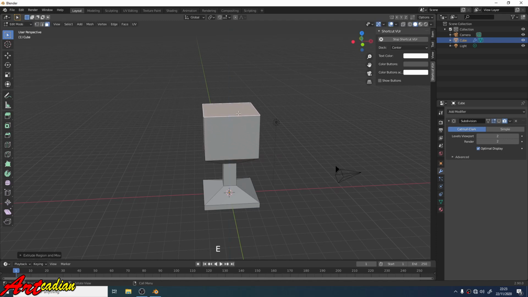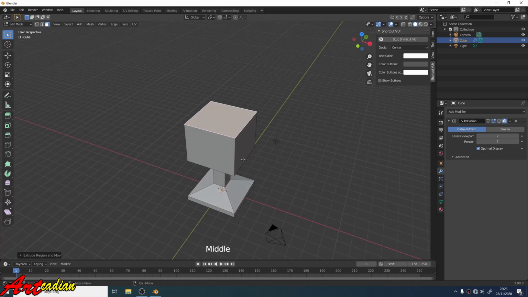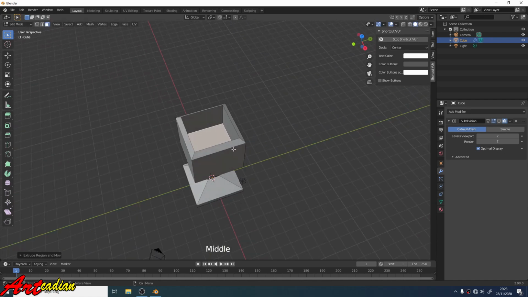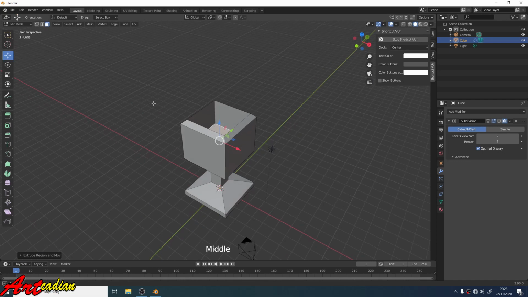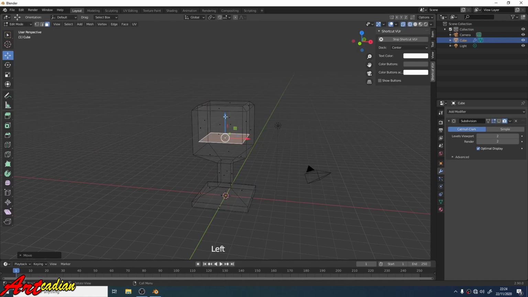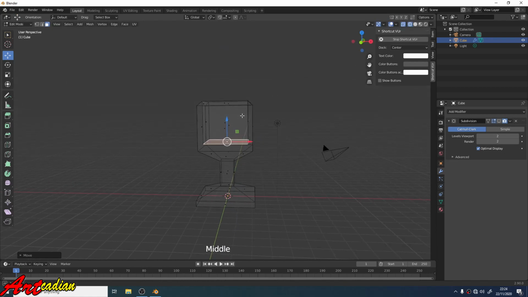E to extrude. E to extrude. Then press S to scale. E to extrude. E to extrude. This is a transparent or X-ray view.